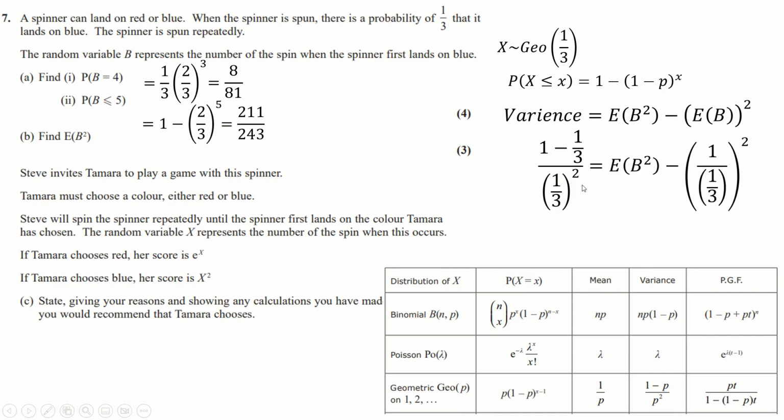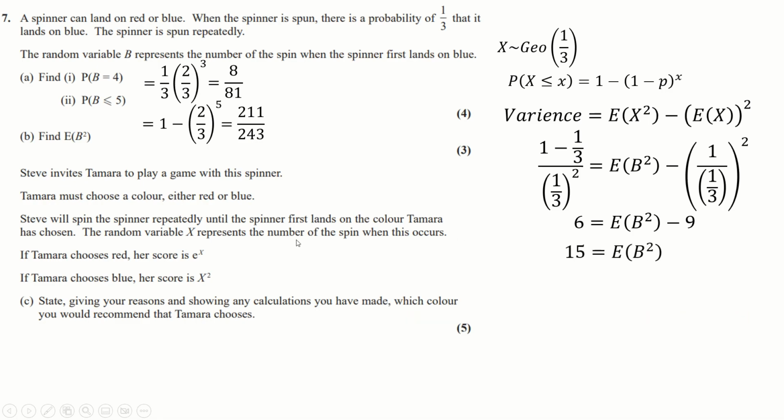Dividing by 1/9 is the same as times by 9, so 2/3 times 9 is 18/3, which is 6. And then this is 1 over a ninth, which is just 9. And you add it together, you get this. And now, again, a really interesting question right at the end of this, which is